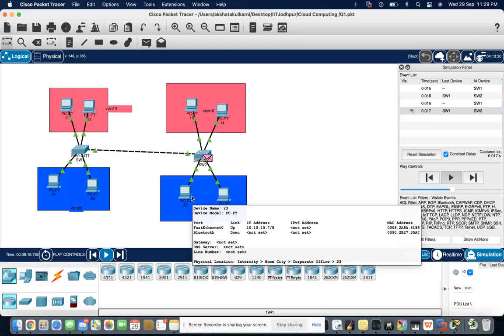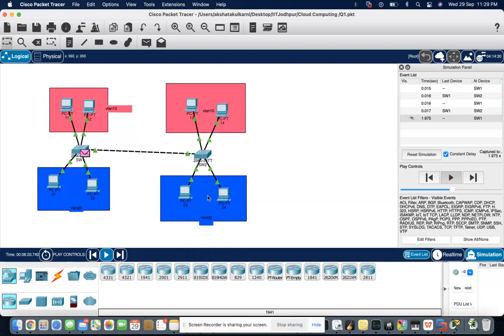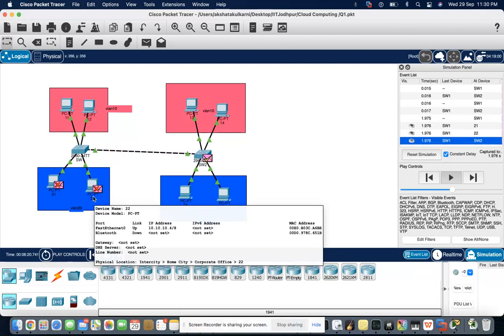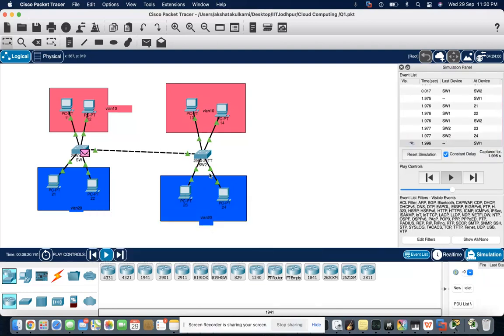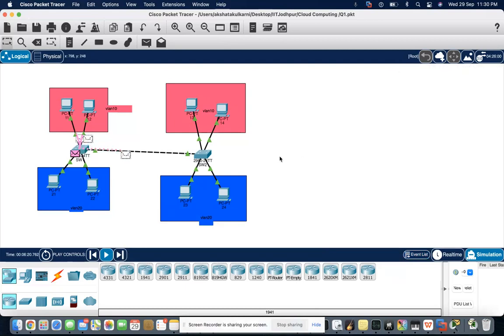Here is the device configuration, such as the MAC address of this installed virtual machine, which port it works on, and its IP address. On the screen it's presenting the link IP address, the IPv6 address, the device name, and the device model; everything is displayed. So this is the overall setup of Cisco Packet Tracer.